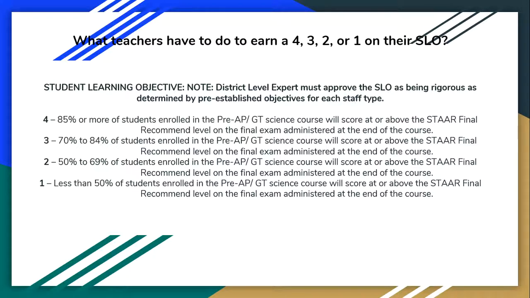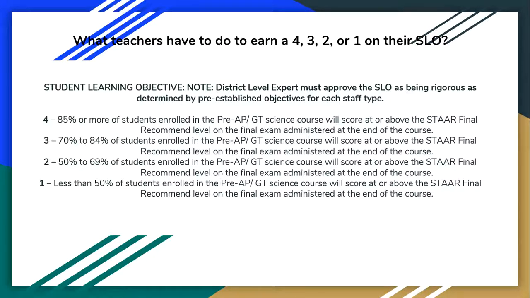What teachers have to do to earn a 4, 3, 2, or 1 on their SLO. Student learning objective. Note, district level expert must approve the SLO as being rigorous as determined by the pre-established objectives for each staff type. To earn a 4, 85% or more of students enrolled in the pre-AP GT Science course will score at or above the STAR Final recommended level on the final exam administered at the end of the course. This will be your STAR test